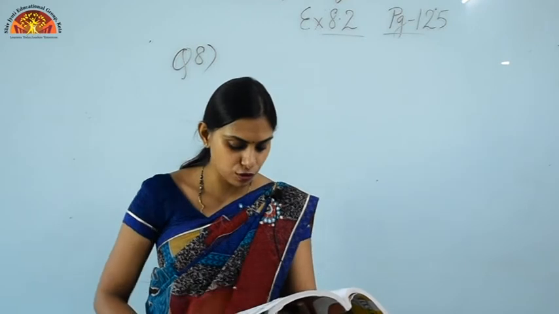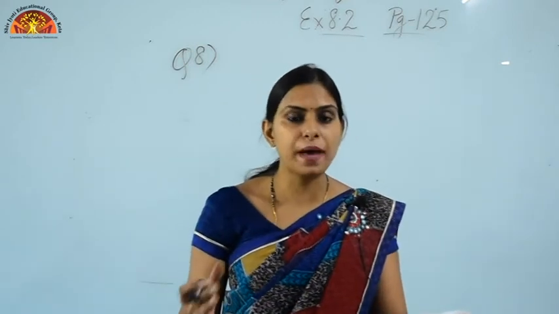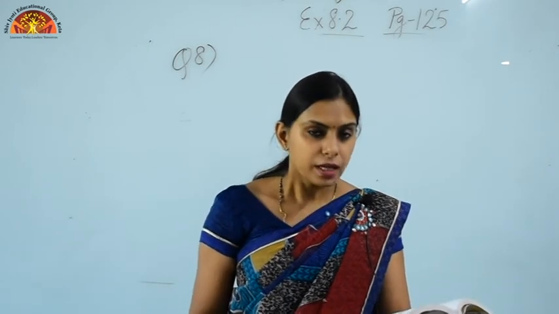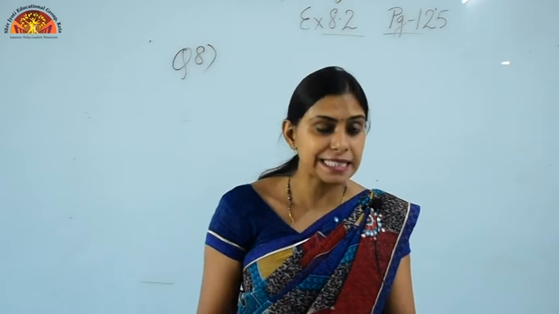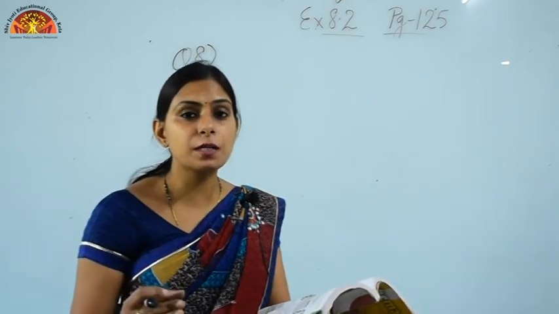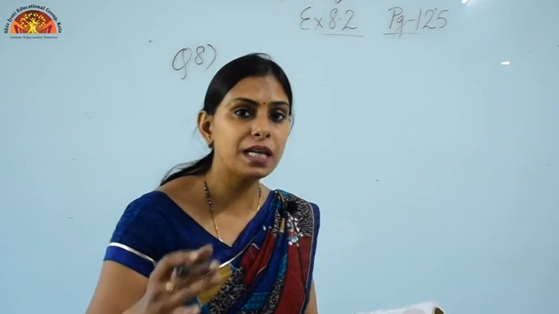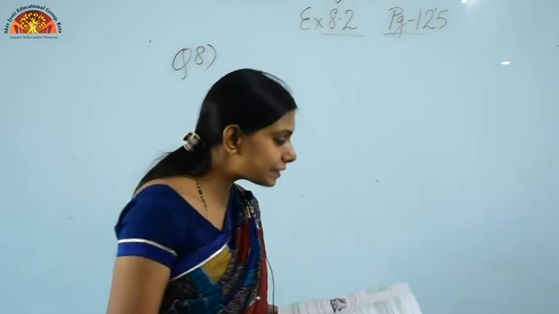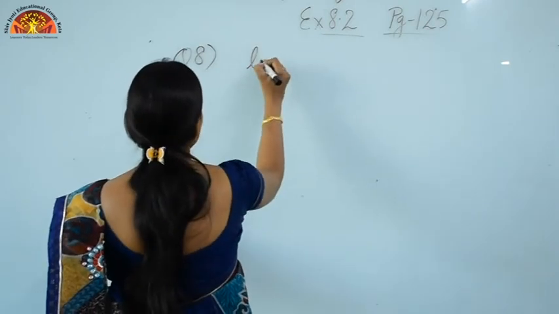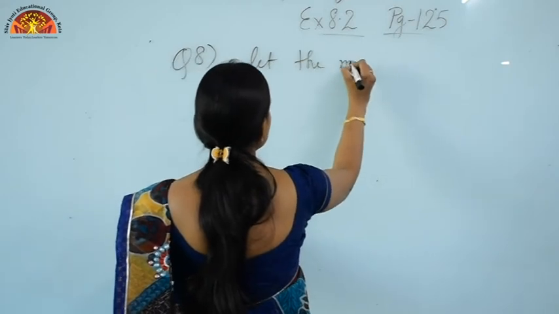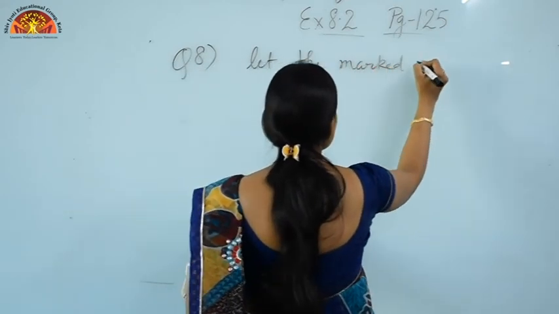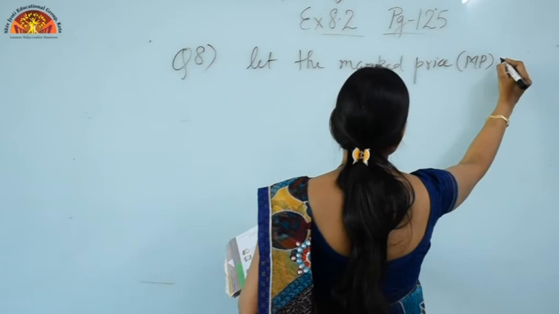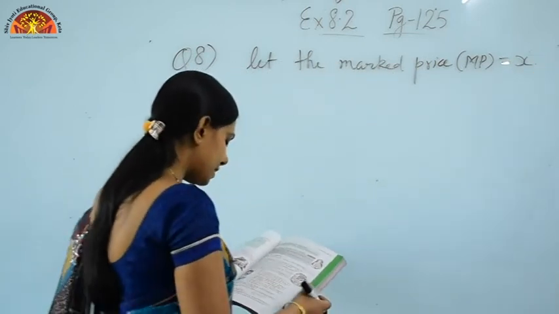So what has been asked in the question that Arun has bought a pair of skates at a discount of 20%. Discount कितना दे रखा है उसके ऊपर 20%. And the amount he paid after discount is 1600. So you have to just find the marked price. तो जब discount नहीं हुआ था उसके पहले marked price क्या थी, that you have to find out. So we'll just write that let the marked price be x. Marked price is also written as MP. So marked price is equal to x.